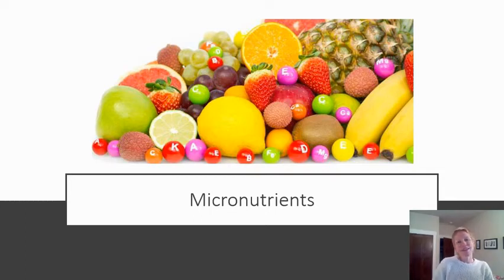Hello. In this presentation, I'm going to focus on micronutrients. These are vitamins and minerals that you only need in small amounts, hence the micro. So it's going to be a little lecture-y, more so than normal. Be sure to take some notes, and I will also give you some additional resources with reading about these different micronutrients and micronutrients in general and why they're so important.